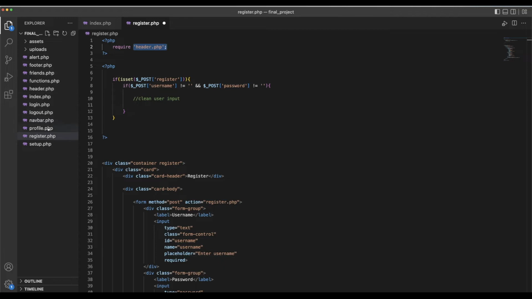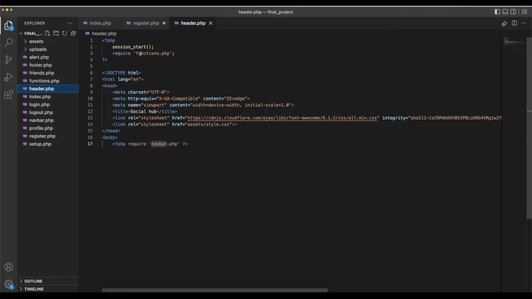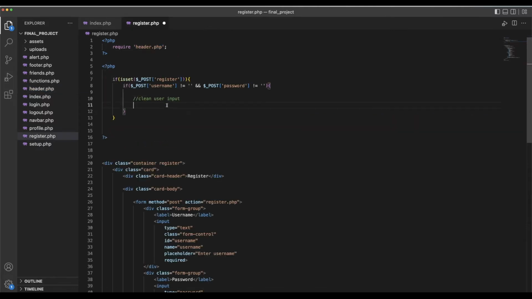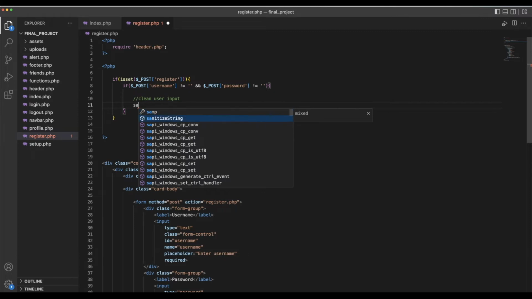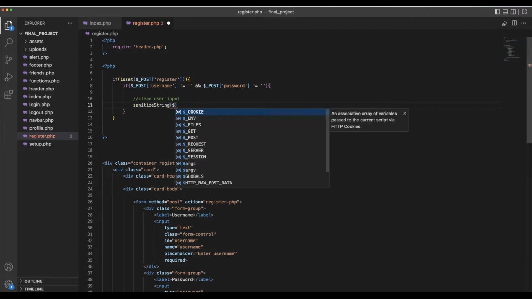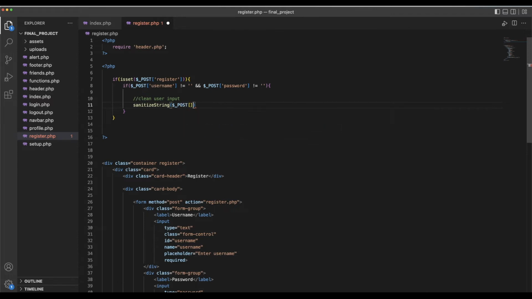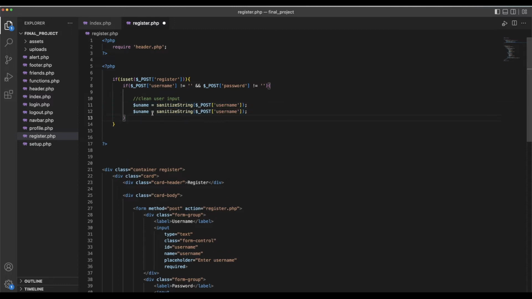Inside of header you have the functions, so this will call that function that we used earlier, which was sanitize string, and here we will just pull the string that the user added, which is username and password, and we'll save it to a variable called username, or maybe uname for short, and then copy paste that. We'll do password as well. So this just takes the username and the password that the user has entered, cleans the input, and saves it to these variables,